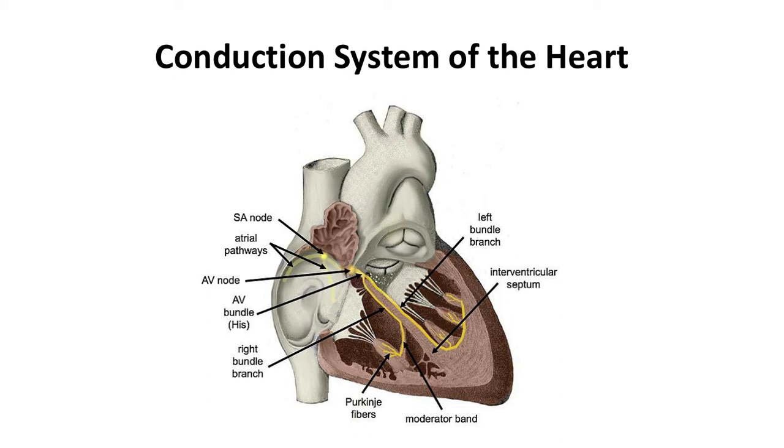But so that you know for now, once an action potential happens, it will trigger a contraction. So the SA node will spontaneously depolarize to threshold. This will allow for an action potential to occur, and then an action potential will lead to a contraction. In this case, once that SA node depolarizes, it's going to